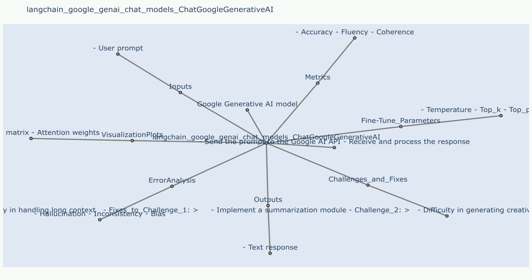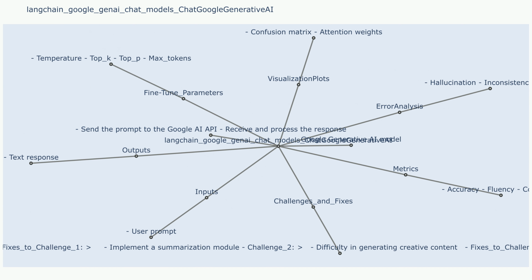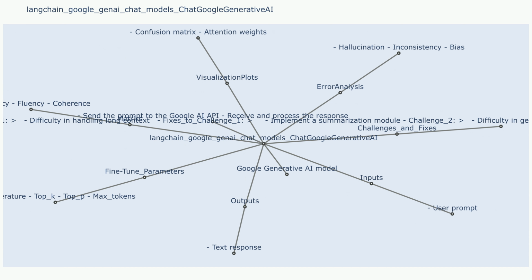Metrics: response quality evaluates the relevance, accuracy, and coherence of the generated text response to the user's input. Model performance assesses the model's efficiency and speed in generating responses, considering factors like latency and resource usage. Visualization plots: token distribution visualizes the distribution of tokens generated by the model, providing insights into the model's vocabulary and